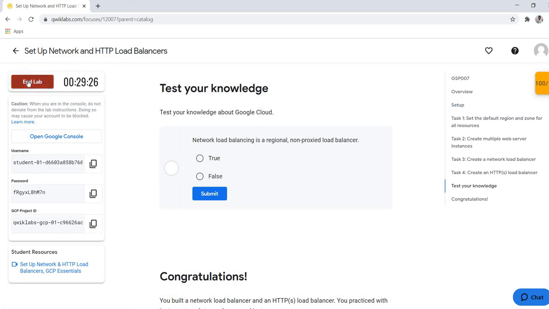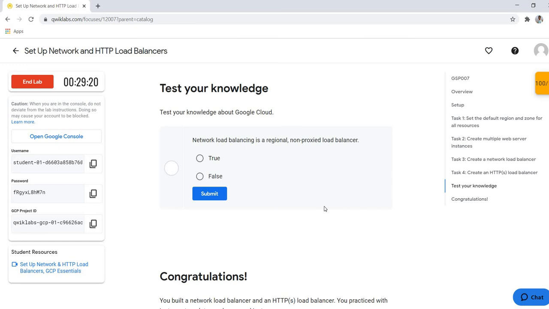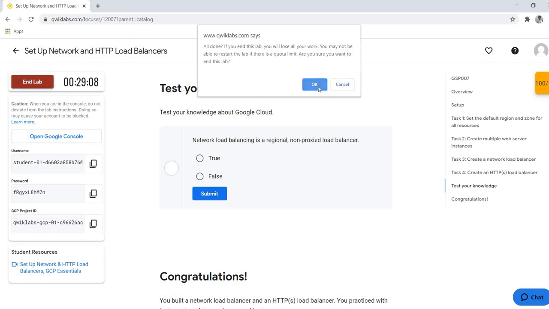Okay, so let's end this lab. You have to do this task so that it verifies that you learned all these things. Okay, so be sure that you read all the documentation and test your knowledge. Let's end this lab.